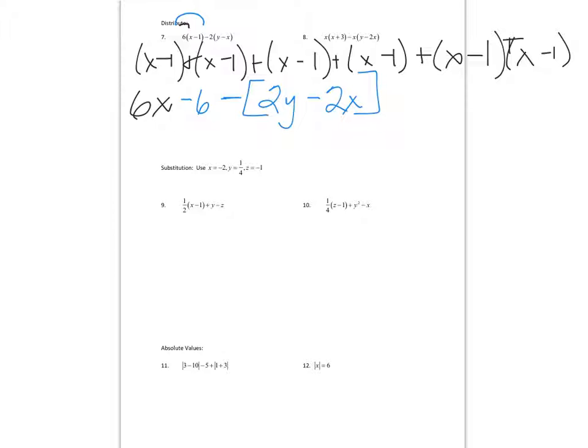Okay, we're going to distribute this minus sign. If it helps you, put a 1 in front and distribute and multiply. So this is going to be minus 2y, and this is going to be plus 2x, because when I distribute a minus sign, it's going to be a negative times a negative. It's going to turn positive. So these are our termed answers. We have 4 terms. Looks like we have 2 that go together,